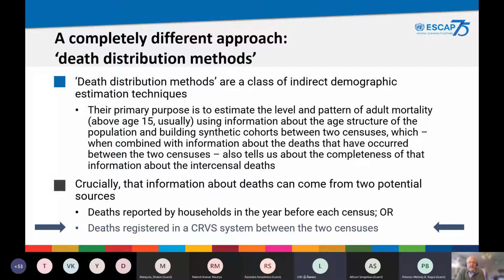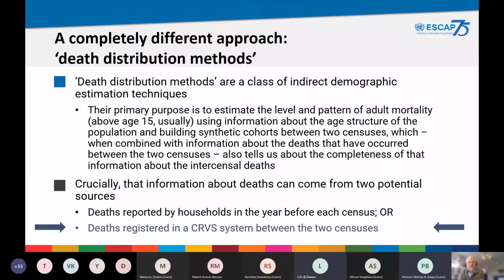And those numbers must be able to be explained by an accounting equation: the numbers of people who are 20 to 24 now must be the numbers of people 10 to 14 10 years ago, subtracting off the deaths of those people who died in that cohort over the 10-year period, and adding in any migrants over that period in that age band. And so even though we're not actually following individuals over a 10-year period, as a collective, they represent a cohort of people, and we use that information about the age structure of the population to build